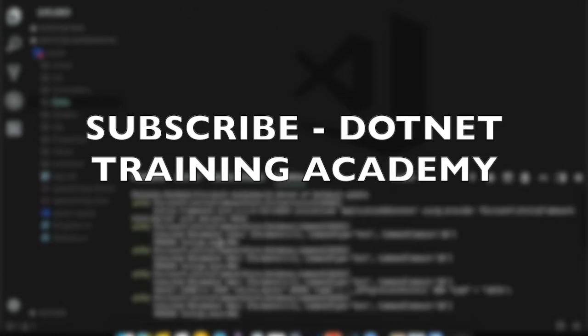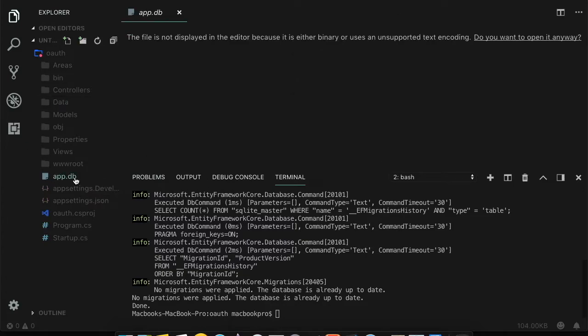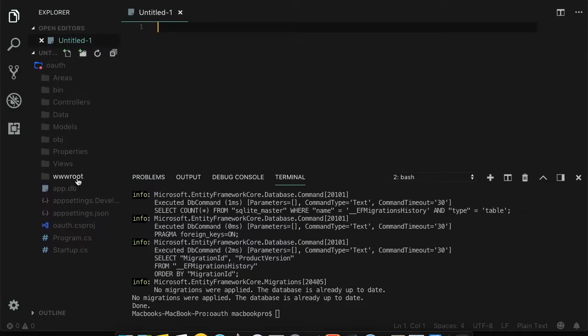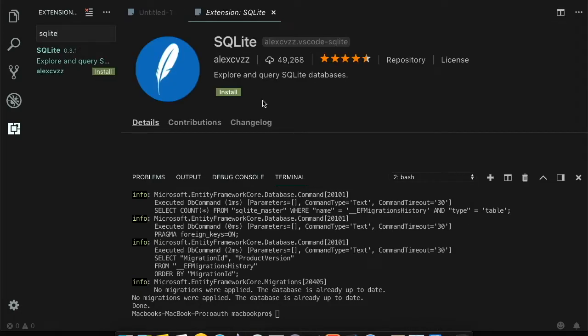We cannot see this data over here. If you want to view the actual contents of app.db, which is the SQLite file, you need to use an extension called SQLite. You should install this extension. After reloading this file,